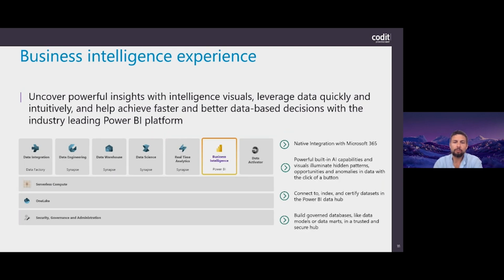Next up, this is where it all started from, but Microsoft Fabric is fully integrating Power BI, so the reporting functionality is right beside all of your other tools, and is also optimized to integrate directly into OneLake, so you can reuse the data that you have processed and stored into, for example, your data warehouse directly in your Power BI experience.